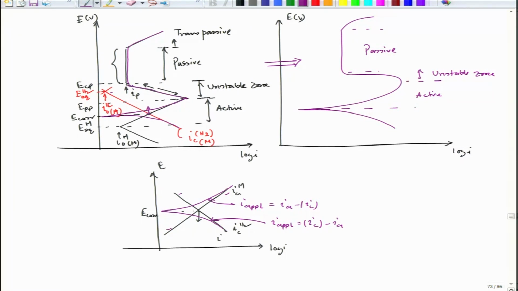So, how we get the experimental plot is also clear, and that happens because of the mixed potential theory. As per the mixed potential theory, this is the point which corresponds to E mix, and this is the point where I have IC equal to IA, and we get this curve. So, when we have this kind of plot, since it is going from active to passive, we call it an active passive transition.